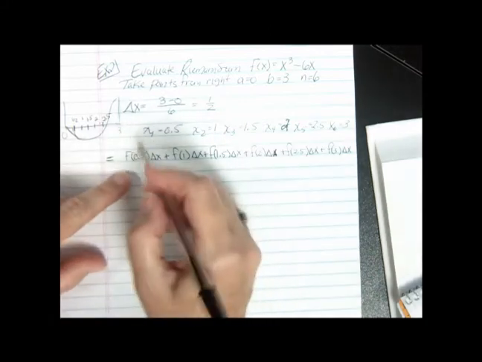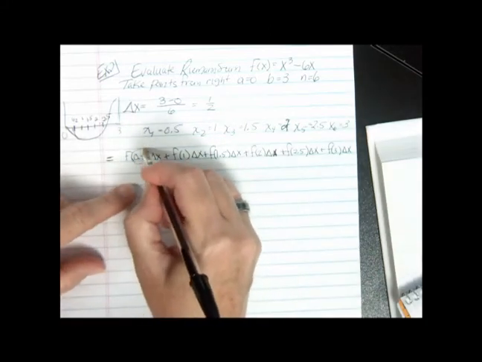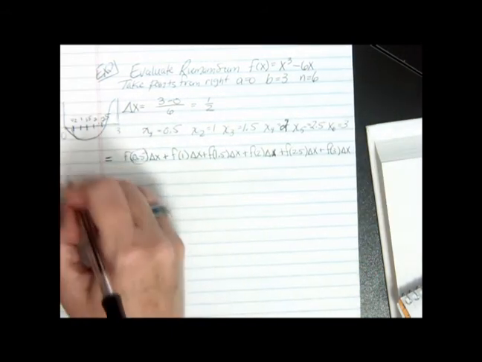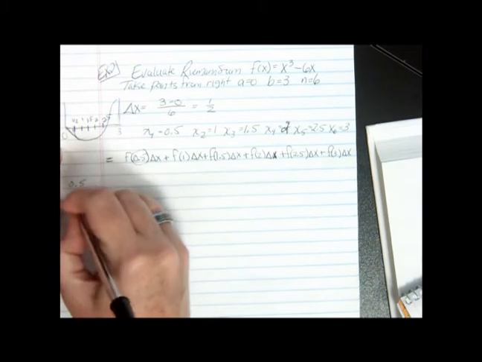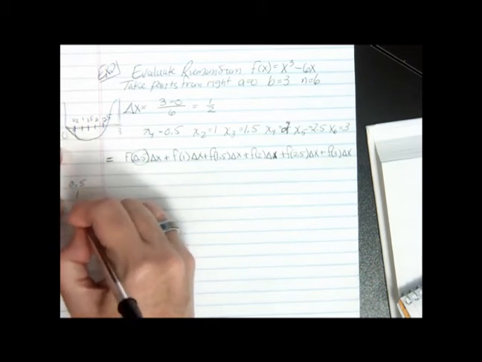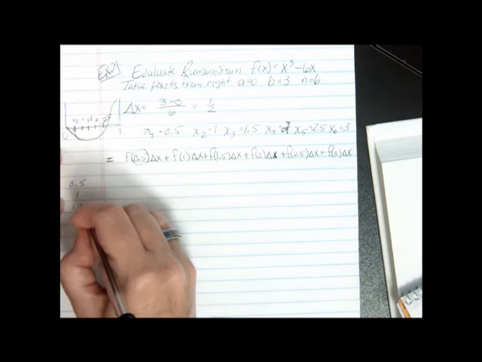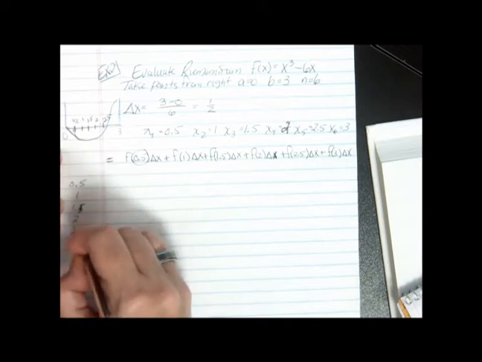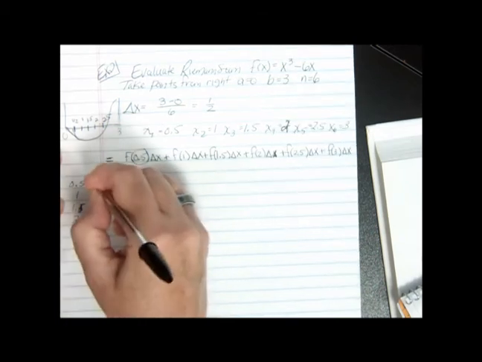Now, of course, this is going to look a little bit messy. What I have to do is substitute this value into my function of f. So I'm going to take over here every one of these values and put it into my function so I can get my values that I'm substituting in. So when I take a look at that, I'm going to get